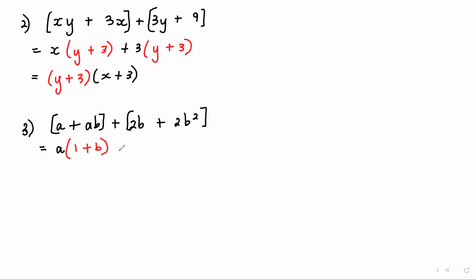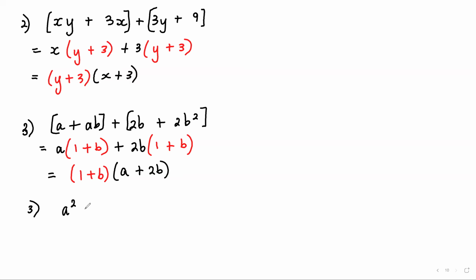Bringing down this plus sign. The common factor between 2b and 2b squared is 2b. In brackets, it would be 2b times 1 gives me 2b, and 2b times b gives me 2b squared. So my common factor there is 1 plus b. Right? And in brackets, you'll have, well, 1 plus b times a would give me back this first expression, and 1 plus b times 2b will give me 2b times 1 plus b. All right? Another one, let's say we had